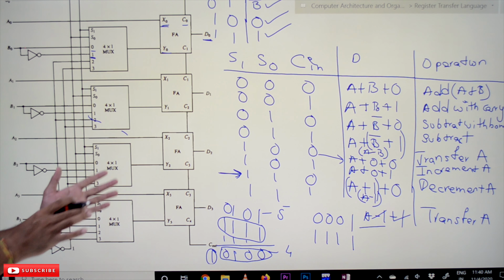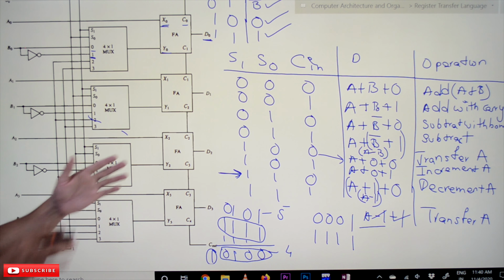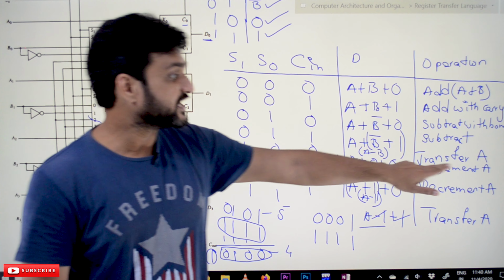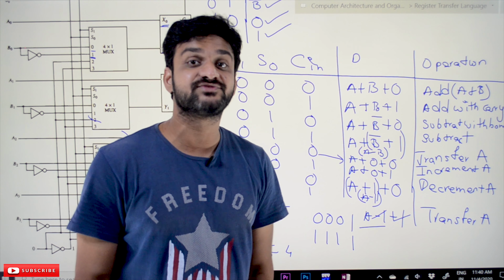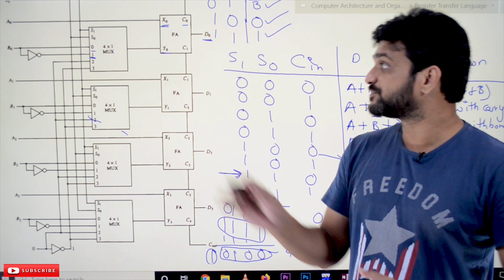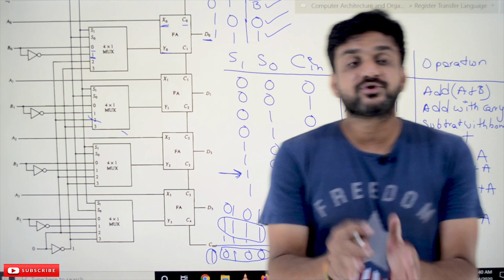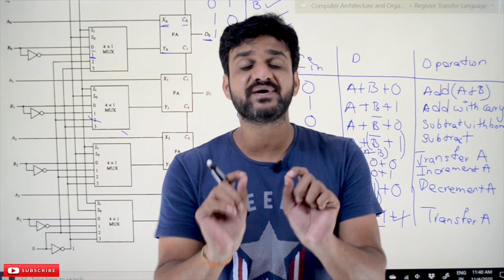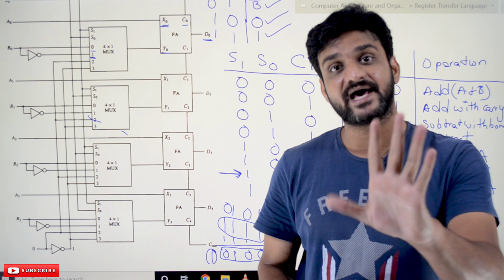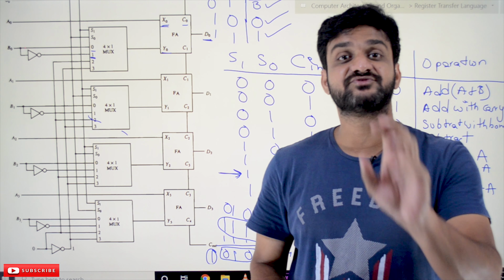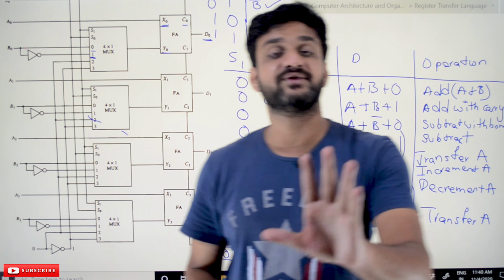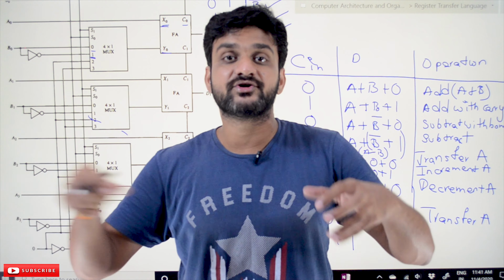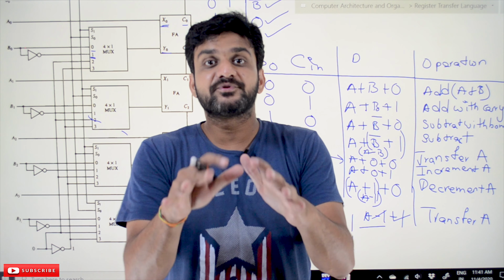So these are the operations that are performed by this circuit. What kind of operations is it going to perform? It is add A plus B, add with carry, subtract with borrow, subtract, transfer A, increment A, decrement A, and transfer A. So these are the operations performed by our arithmetic circuit. Hope you got the clarity on this concept, and our suggestion is, please watch this video as many times as possible until you get complete clarity, because this concept is very, very important to understand. We are going to create dots in this video and in our next two videos also. So in the fourth video we are going to connect these dots.